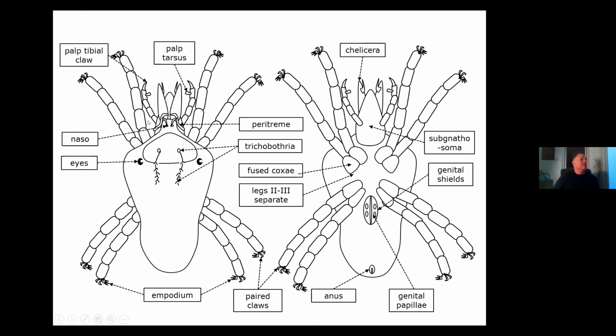This is where they breathe, along here. We have paired claws. They nearly always have paired claws, often with an empodium as well, which can be a brush-like structure that sticks out. Oh, pretty interesting stuff. They have a genital plate with a longitudinal opening and a small anus because they are generally liquid feeders,